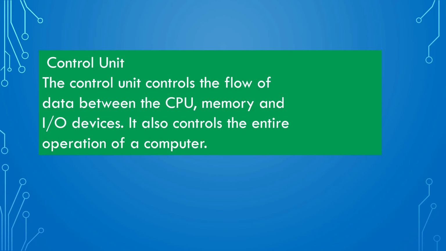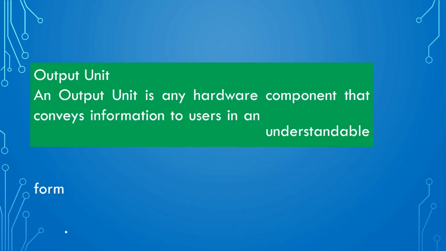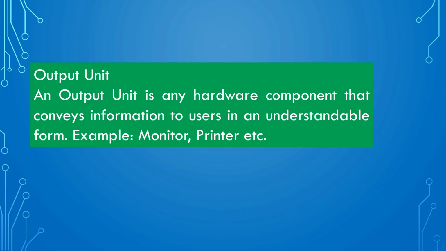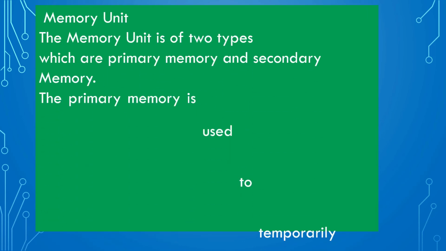So, after we give an input to the computer, it processes in the arithmetic and logic unit, that is addition and subtraction, and now it sends the result to an output, and it conveys it in the form of human understood language through an output device, monitor or printer. An output unit is a hardware component. So if we give information to the computer, it accepts the input from the keyboard, processes the information in the CPU and provides the output through an output device, that is the monitor.